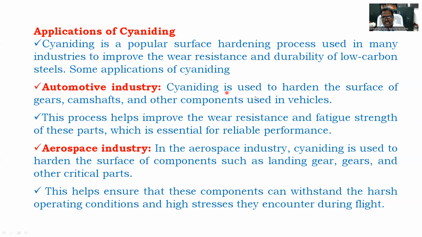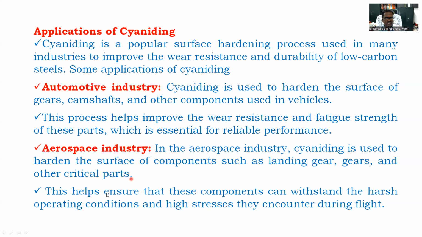Automotive industry: cyaniding is used to harden the surface of the gears, camshafts, and other components used in vehicles. This process helps improve the wear resistance and fatigue strength of these parts, which is essential for reliable performance. Aerospace industry: in the aerospace industry, cyaniding is used to harden the surface of components such as landing gears,